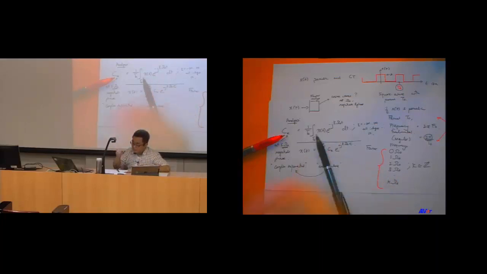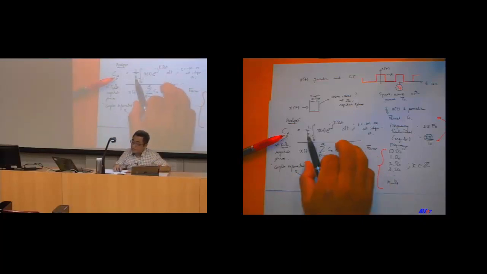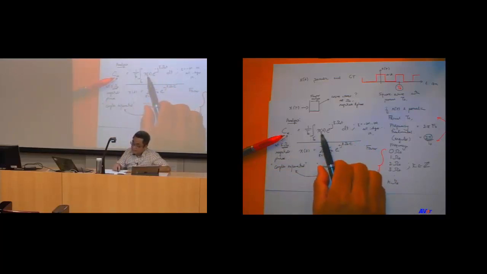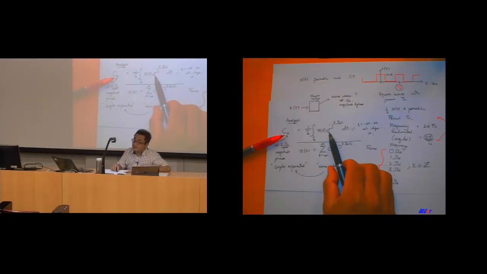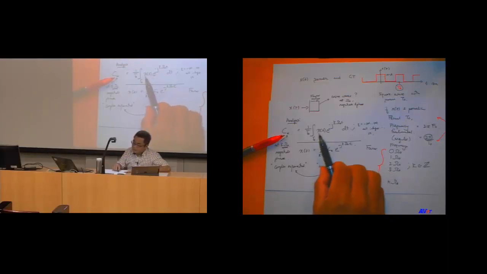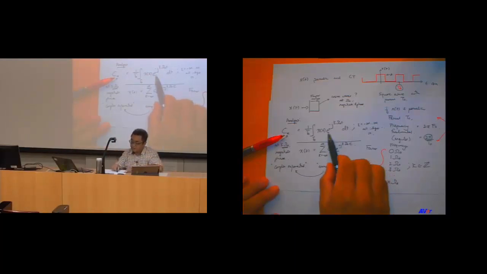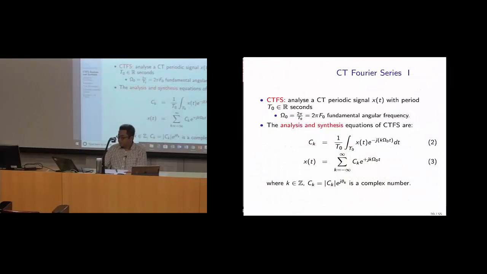integrating them to find the area under the curve of these 2 functions multiplied together, divided by T naught, to give you a complex value that shows how x of t is related to this function. It measures how much x of t can be decomposed into this particular complex exponential. Right? So with that understanding, we have shown you how to calculate the continuous time Fourier series, the c k, as